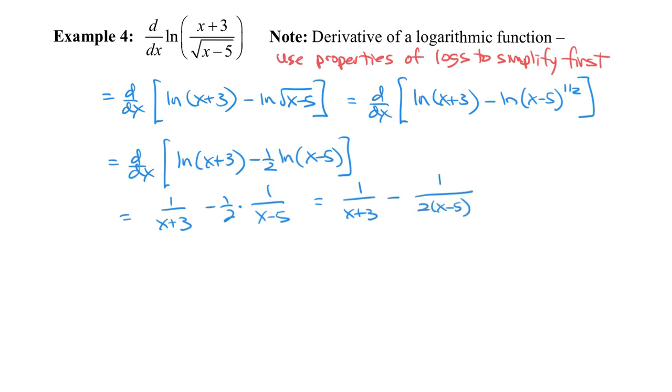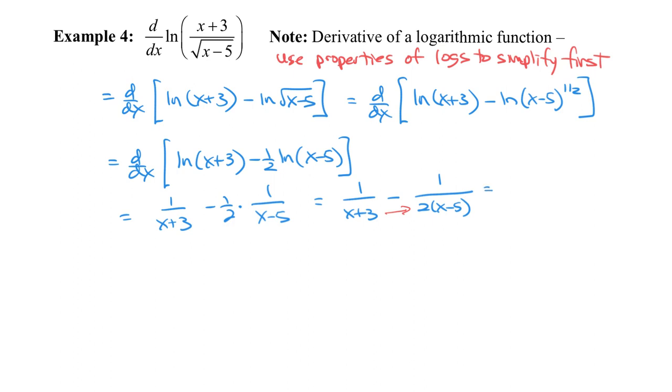And then if we're going to subtract these, remember there's this shortcut method for adding and subtracting fractions, the one that I always do, and it works with rational expressions too. I'm just going to multiply straight across. Remember, if you don't want to use the shortcut, it's okay. Just have to multiply this thing by x plus 3 over x plus 3, and this thing by 2 times x minus 5 over 2 times x minus 5 to get a common denominator. The shortcut way, though, we multiply straight across here,